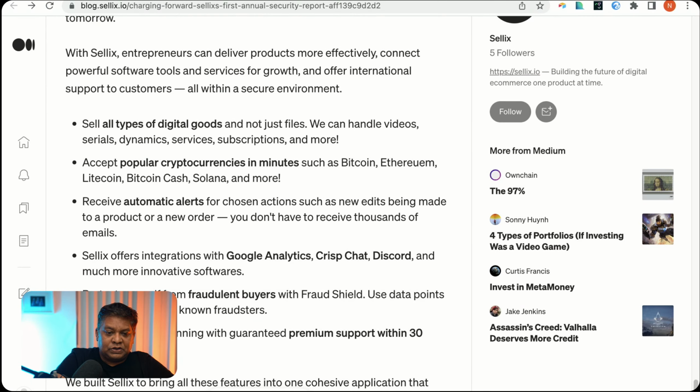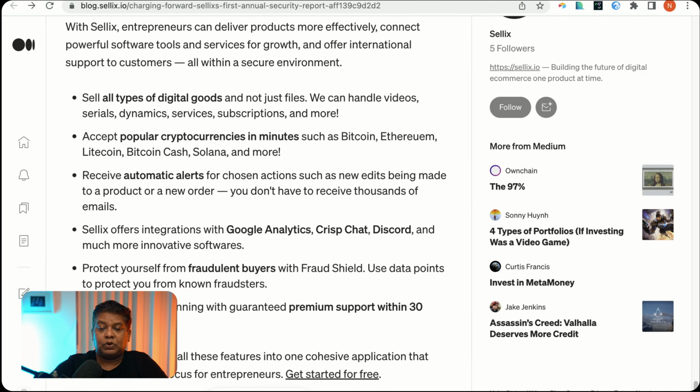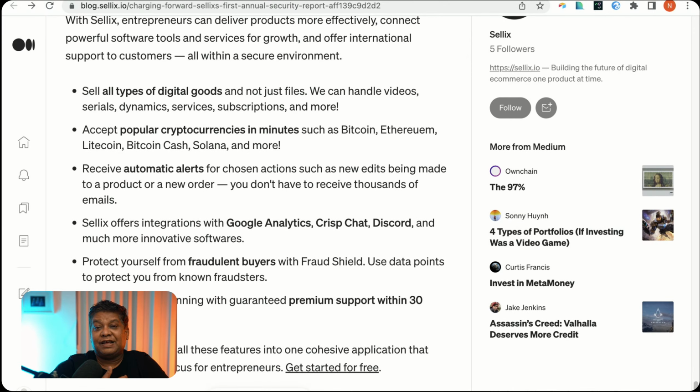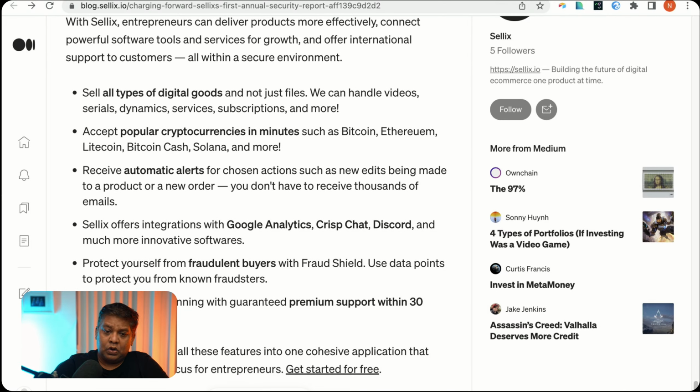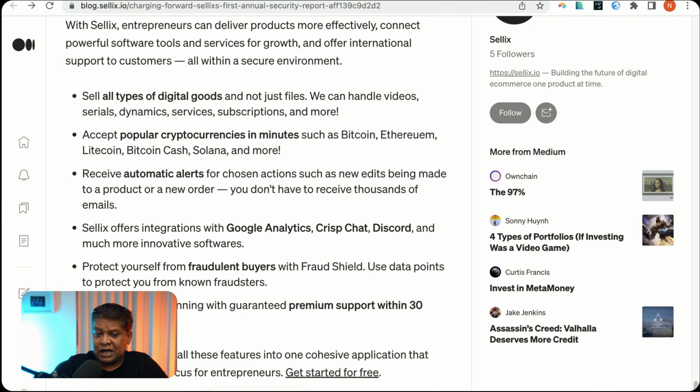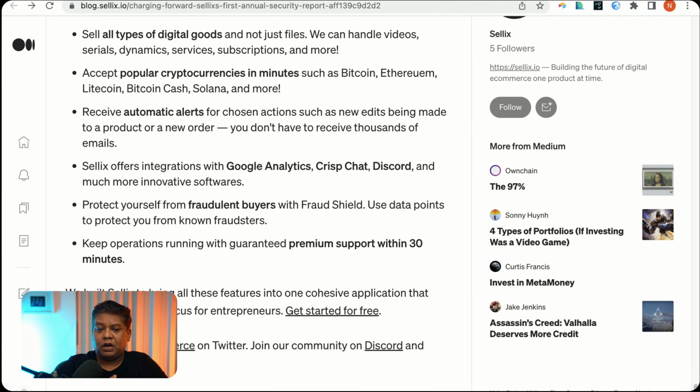Yeah, so they're saying with Sellix, entrepreneurs can deliver products more effectively, connect powerful software tools and services for growth, and offer international support to customers, all within a secure environment, right? So again, to sell all types of digital goods and not just files. We can handle videos, serials, dynamics, service subscriptions, and more.